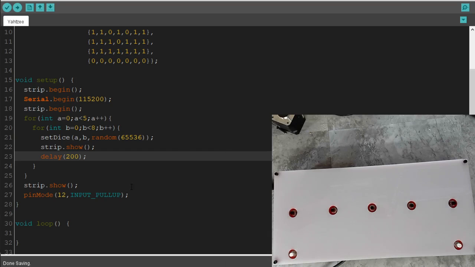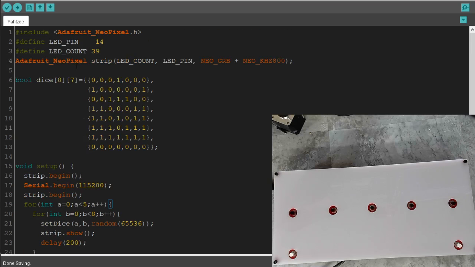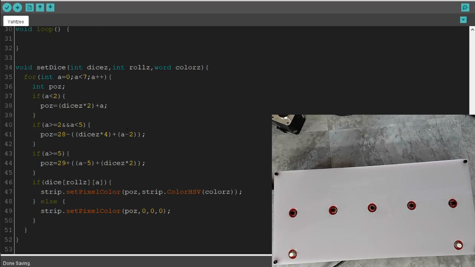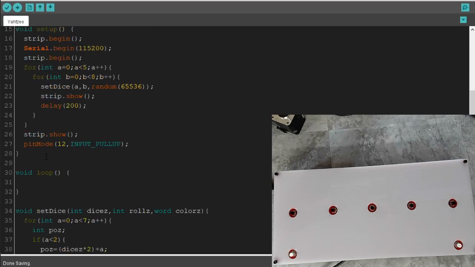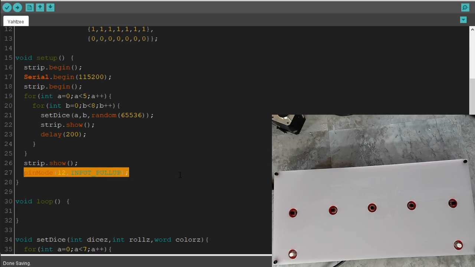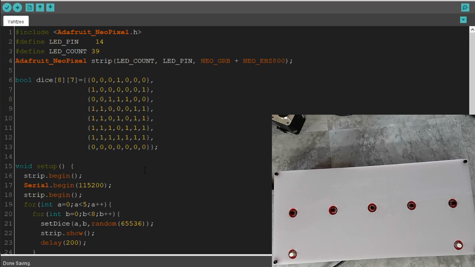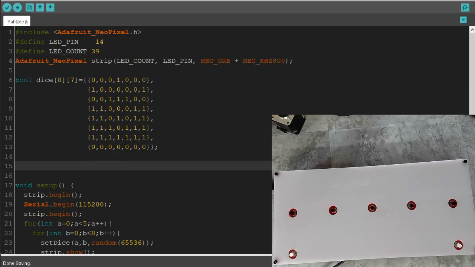Okay, so what do we got here? We got our dice order set up, right? We got our subroutine set up, right? We got nothing in loop, and we got no pins set up to read buttons. And so we've got quite a few buttons this time. So I'm going to do a pin puts again, right? So int pin puts,